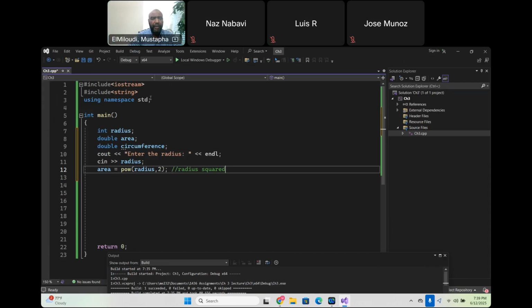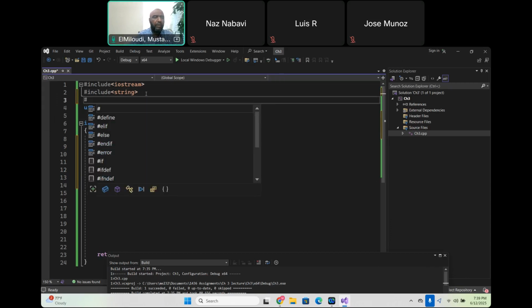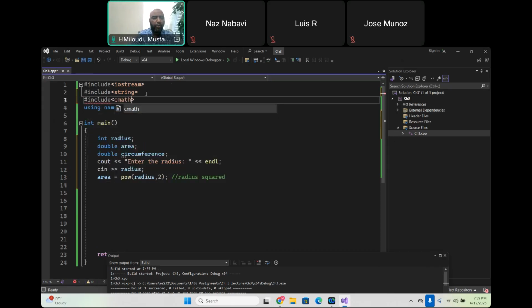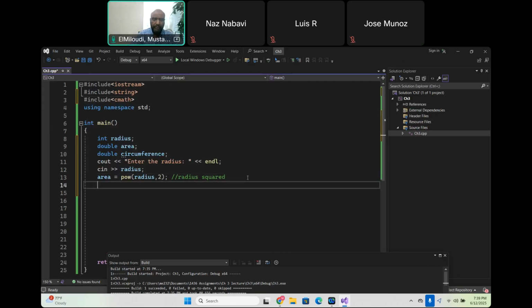Okay, but for this to work, you need to add another file. It's called CMath. Anything that has the calculation, this is the file that you need to add on top. Okay, so now if I print out, say, the area is,